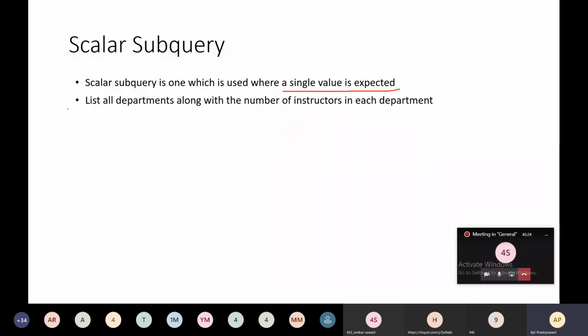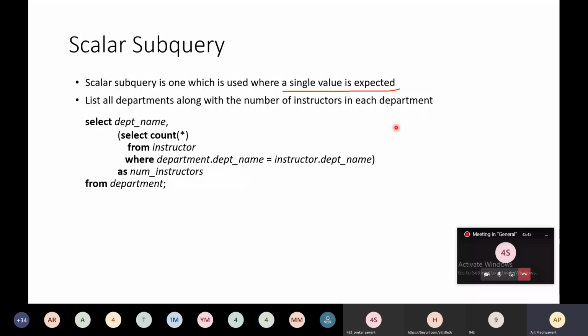For example, list all departments along with the number of instructors in each department. So this is the way you can write the query. Select department name, comma, and this is the subquery.